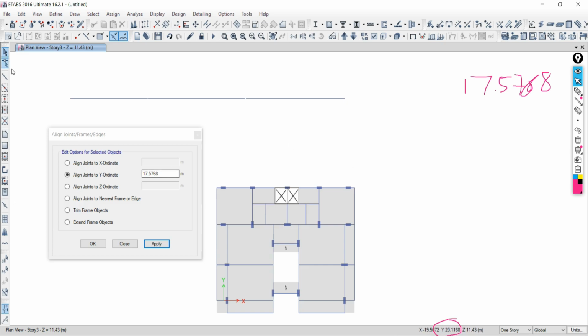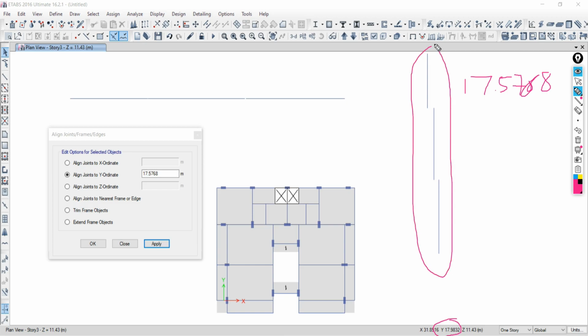Now another one. Take the beam like this. This is the first point, this will be the second point, and this will be the third point, like this. I want to align all this line, so I need to find a correct point. Suppose this point. I need to look either about x or y. Tell me fast. X. Okay.